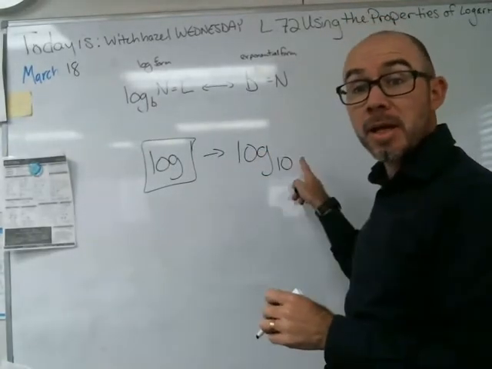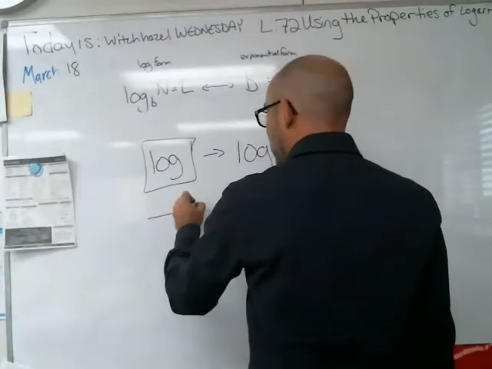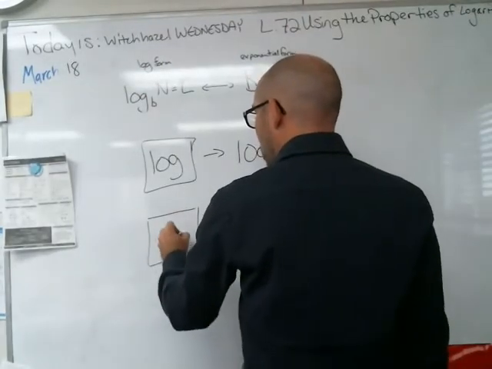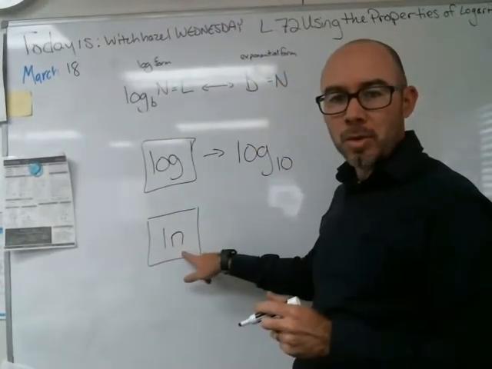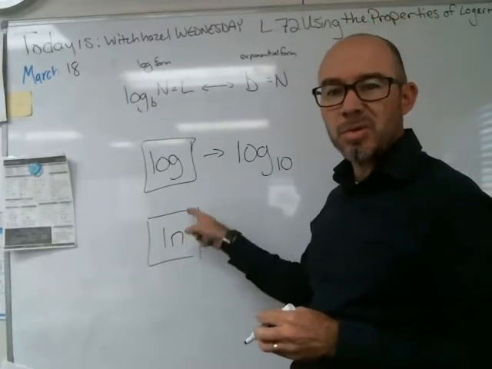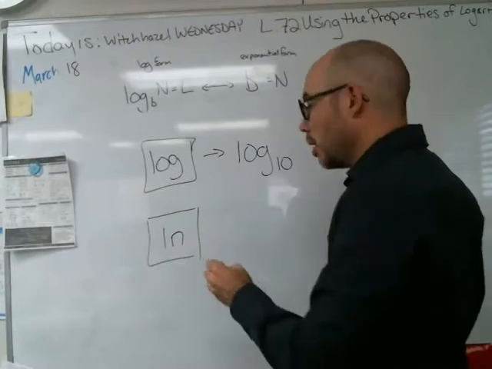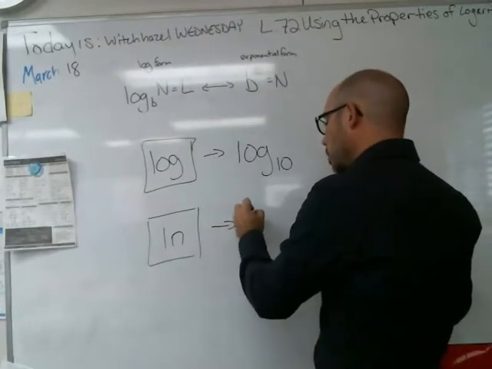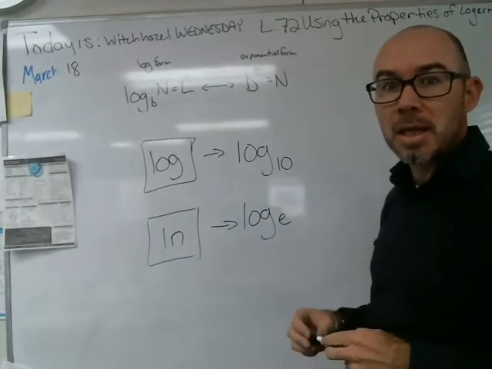You'll just say log, but it's understood that that's a log base 10 operation that you're doing. ln stands for logarithm natural, or the natural logarithm. It was developed, I think, in French, so they'd say logarithm natural. When you push that button, you're doing a log base e, as in the number e, as in